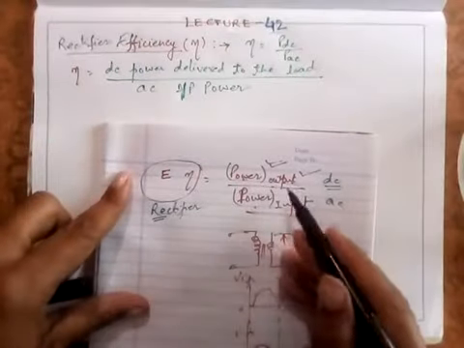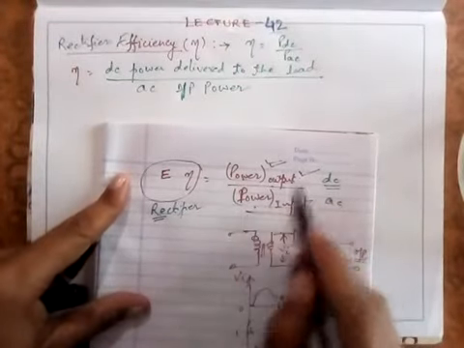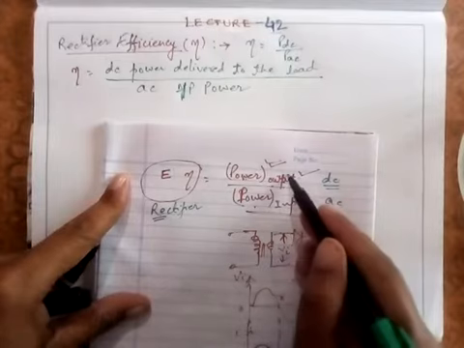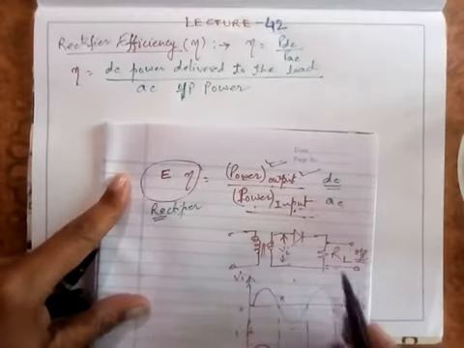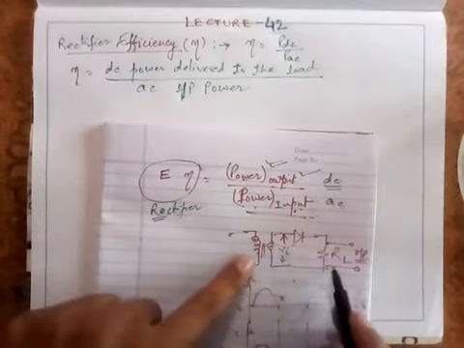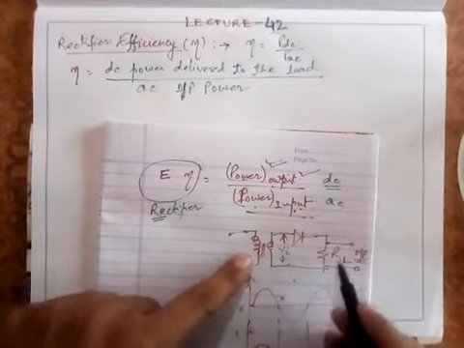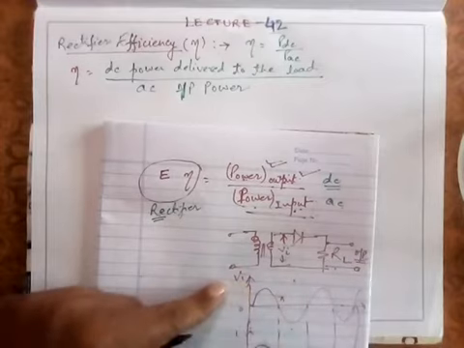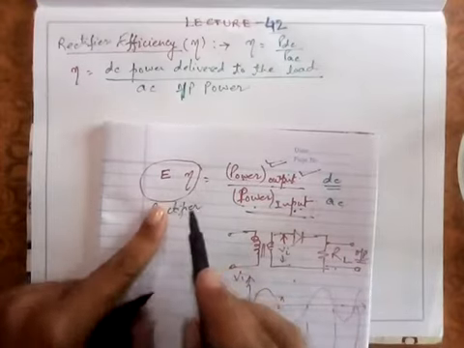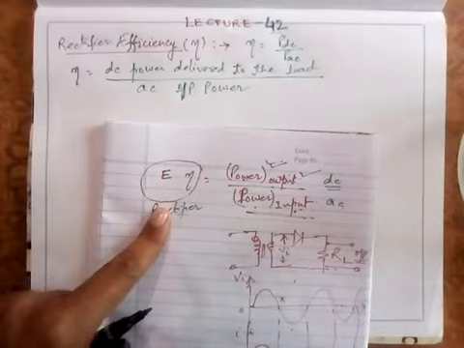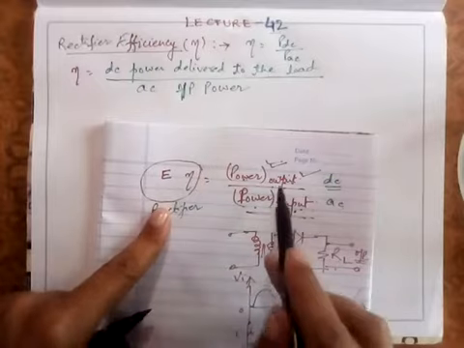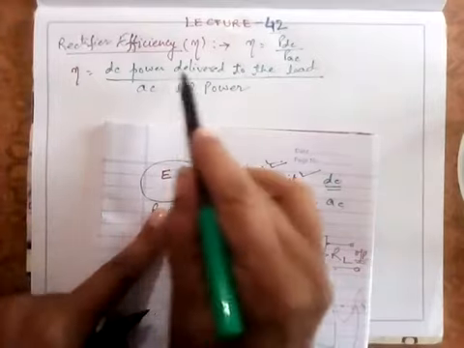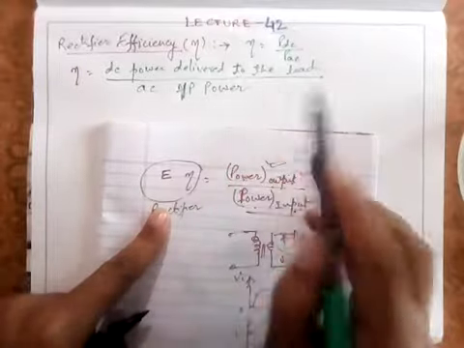In general, efficiency is the ratio of output power to the input power. Now in case of a rectifier, the output which is delivered to the load is a DC while the input is an AC. Of course, it's a pulsating DC. So we say that it is the DC power delivered to the load to the AC input power. I hope that this definition is clear to you.